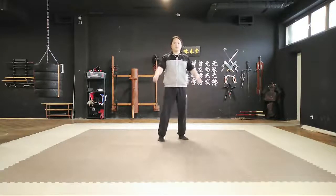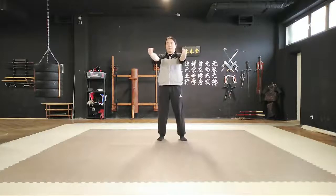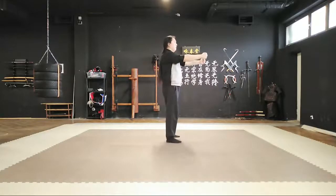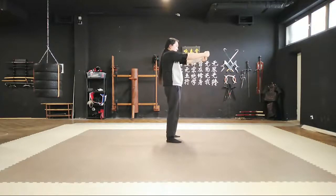Okay? So also to feel the back muscle, you do like this, straight arms, okay? And now only move your back. You pull both arms back and then forward. And then back and forward again. So you should feel the whole back muscle moving, pulling together like this, and then pressing forward and stretching. Okay? And then pulling